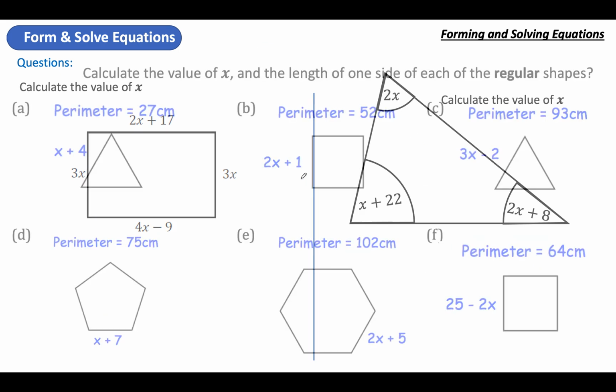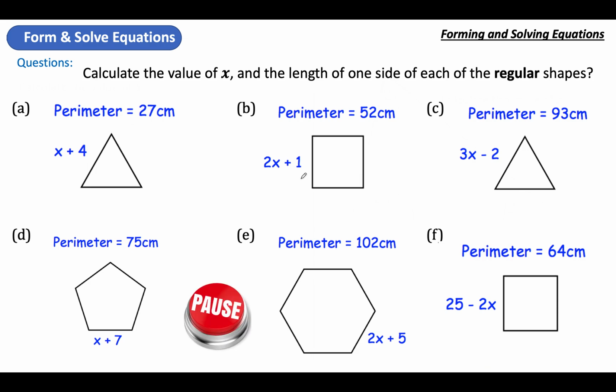Yeah, I know they're a bit tricky. So let's take it back just a little bit. I want you to calculate the value of x and the length of one side of each of these. So we're back to perimeter. Right? I'll do the first one for you, show you what I mean. Now these are regular shapes. That means that all the sides are equal. So all the sides on this one are x plus 4,